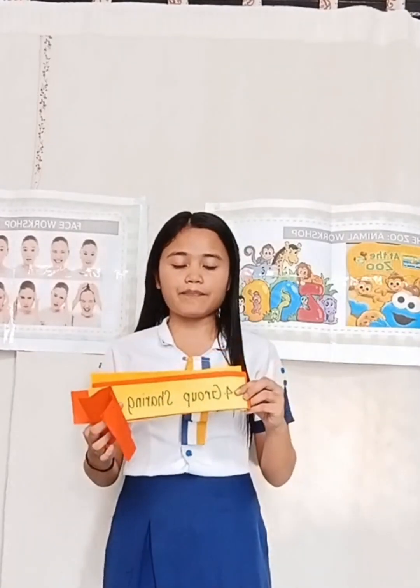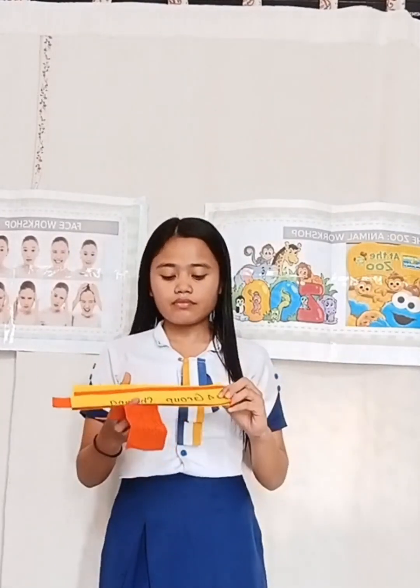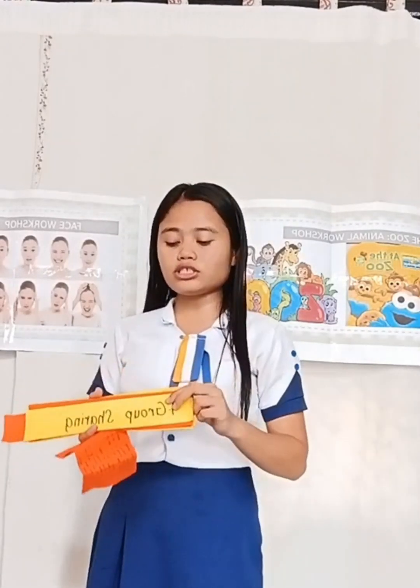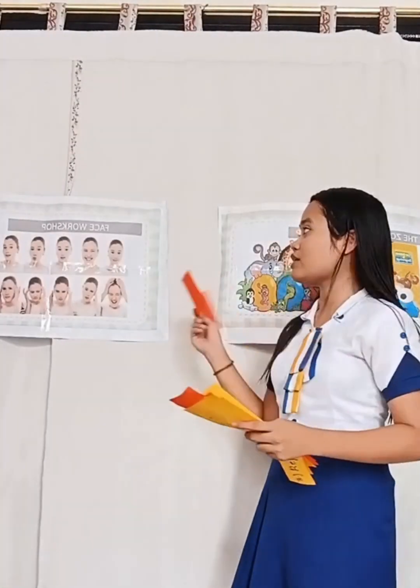This is the last step. In this step, John shares with the group why he chose that animal, why he chose the bear, and what his experience was during the imitation. This activity helps him realize or acknowledge his other side, the softer side of him. Another tool that can enhance one's emotional intelligence is the Face Workshop.